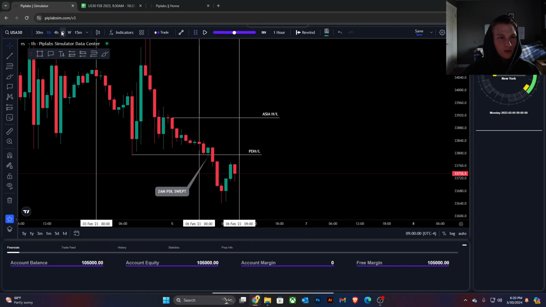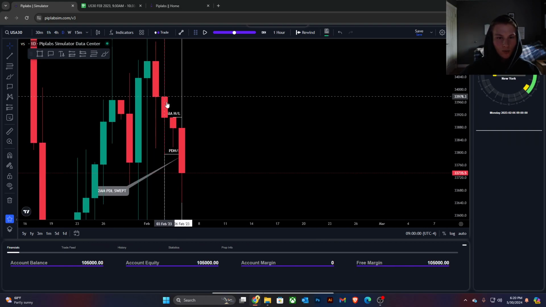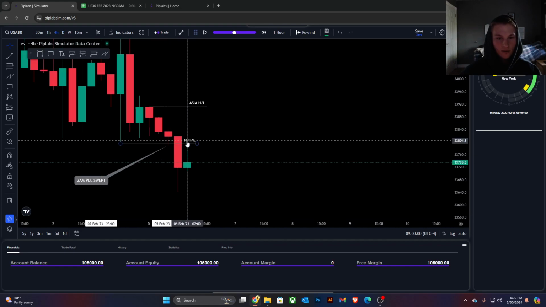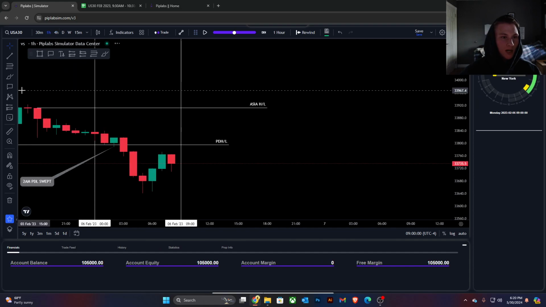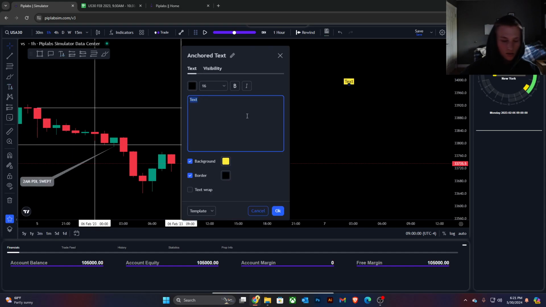So what I'm gonna do now is I'm gonna hop on my daily time frame, determine my bias for the day. We're clearly very bearish right here. Let's see the 4 hour, very bearish. So our bias here is fixed bearish, meaning the 4 hour candle and the 1 hour candle both closed bearish previously. We're gonna write bias. We're gonna say fixed